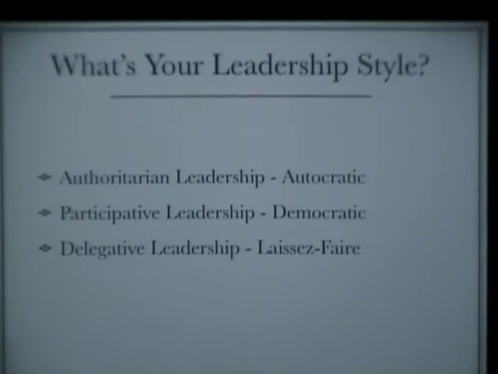The last assessment we're going to take a look at is your leadership style. According to Kurt Lewin, a noted psychologist, there are 3 major leadership styles which should be used in combination to ensure successful leadership. They are all used at different times and in various situations, depending on the environment you're working in. They are the authoritarian leadership, which is autocratic, participative leadership, which is pretty much democratic, and the delegative leadership,